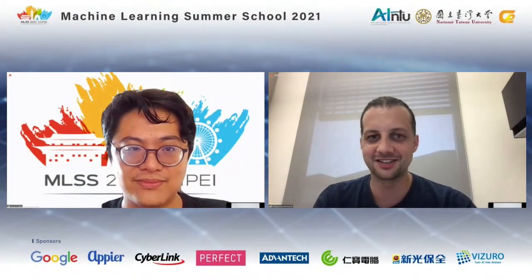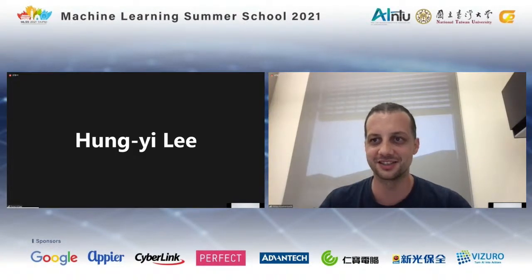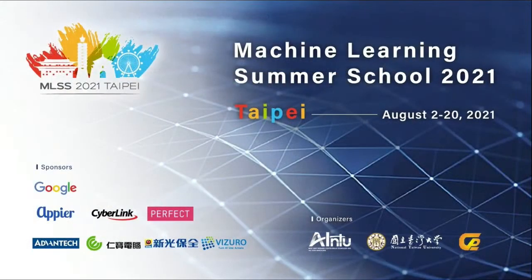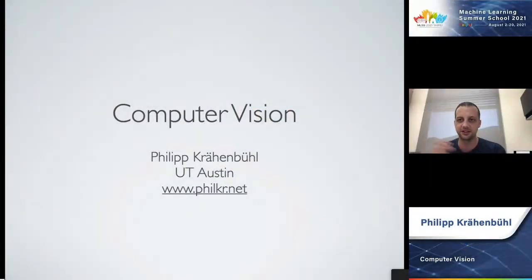All right, thank you very much for this wonderful introduction. So today we're going to talk about computer vision, and this is going to be a very broad topic. We're going to cover a lot of different things, some of it pretty shallow, but if at any point you want to know more about what's going on, feel free to interrupt me with a question. You can just post it in the chat, and I'll make sure to monitor the chat a little bit on the side here. All right. With that, let's get started.